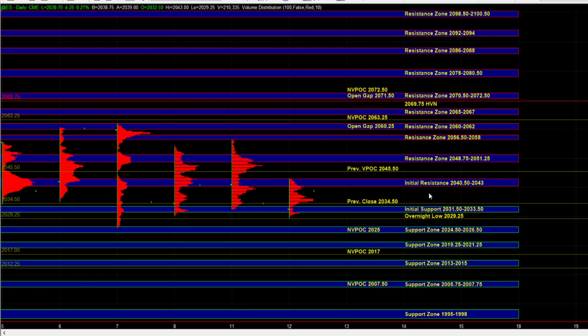So if the markets are liquidating below initial support, then like I said, you'll have to be careful going long, and it'll be better to get positioned in the direction of that break and really try to ride that trend a bit lower, and only consider going long when the market is truly exhausted and we're testing a pretty decent support area. So even 19.25 to 21.25 may not provide a reversal, because any move to the downside, especially from here, would